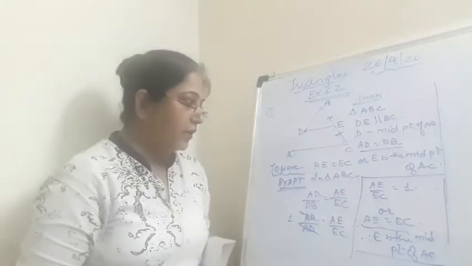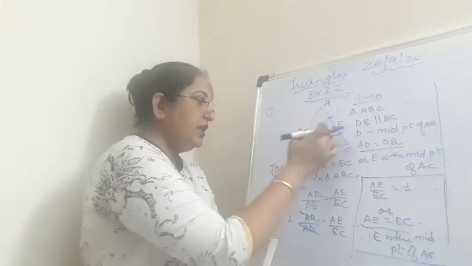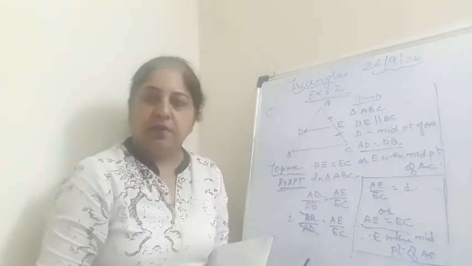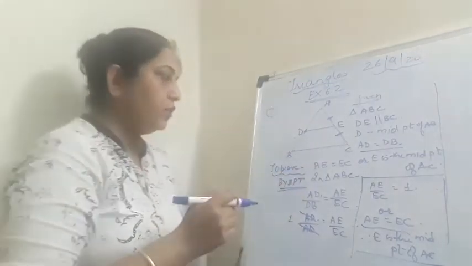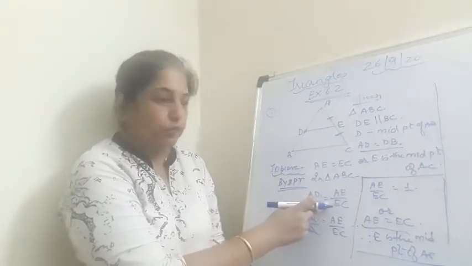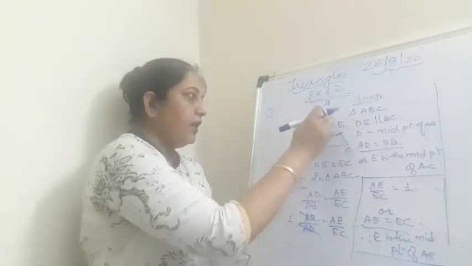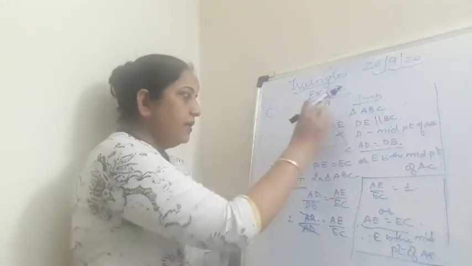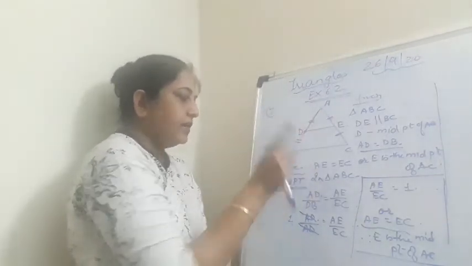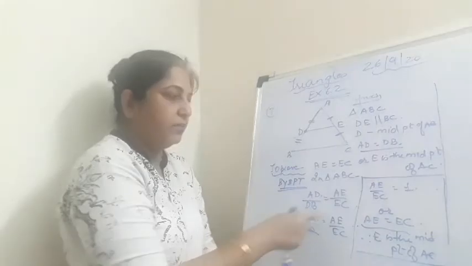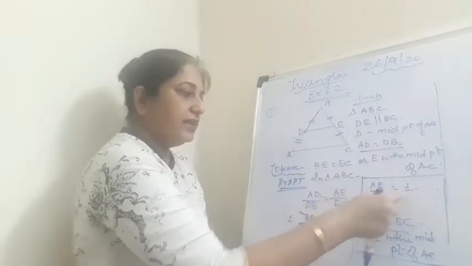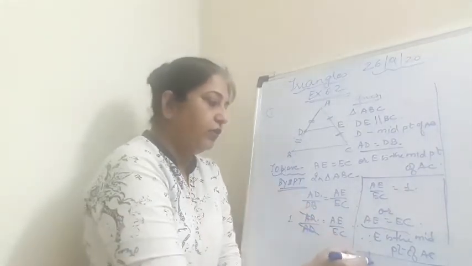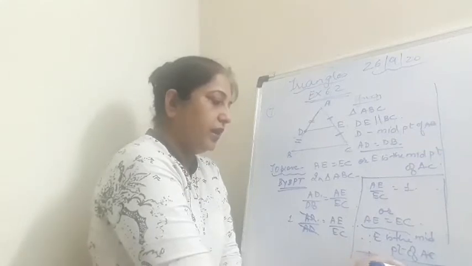I hope it is very simple and clear to you that the triangle is given in which DE is parallel to BC, and since DE is parallel to BC, we can apply the basic proportionality theorem. According to this theorem, the corresponding sides are proportional. So AD upon DB will be equal to AE upon EC. Now it is given that this length AD is equal to this length DB. So in place of DB, I can substitute AD, and AD upon AD will give me 1. And therefore, when I shift EC to the right side, I get AE is equal to EC. Hence proved that E is the midpoint of AC.